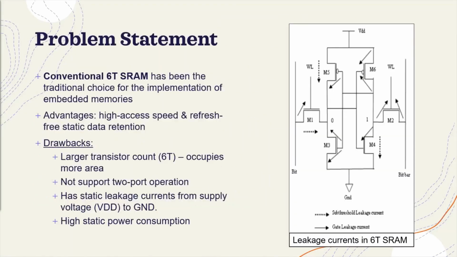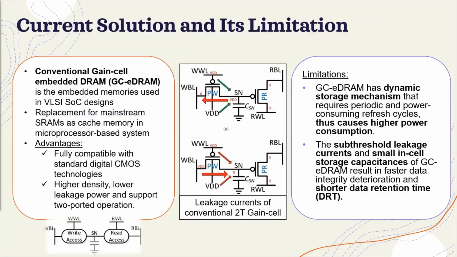The conventional 6T SRAM has been the traditional choice for the implementation of embedded memories due to its high access speed and refresh-free static data retention. However, the 6T SRAM has several drawbacks in modern systems, including its large transistor count that occupies more area, two-port operation is not supported in 6T SRAM, and it also has static leakage currents from VDD to ground, which causes high static power consumption. Thus, conventional GC-eDRAM becomes the replacement for SRAM as cache memory in microprocessor-based systems due to